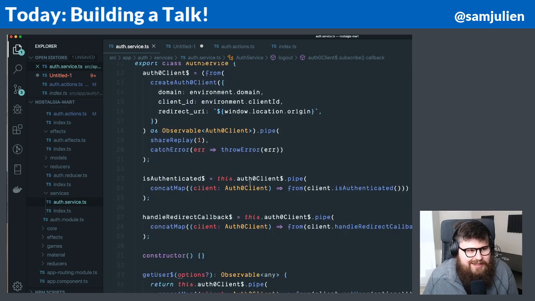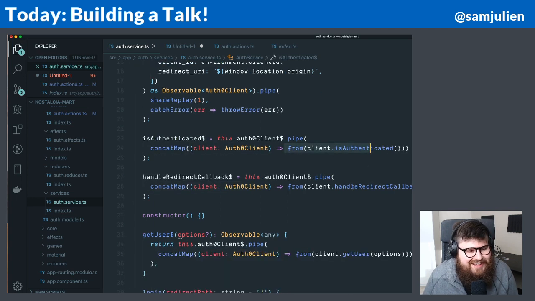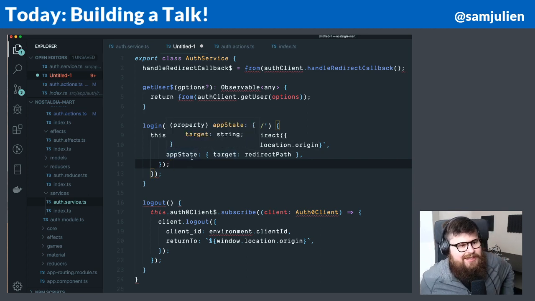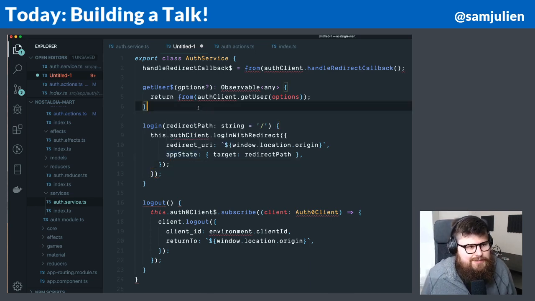But showing this to a beginner, like, you're going to create an observable from this client and then call concatMap and then call from, it's crazy. And I know that not everybody's a beginner, that's fine. But the point really here is not the level of education of the audience. It's more that